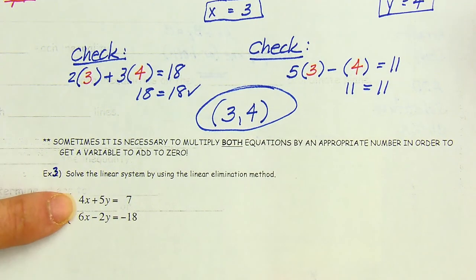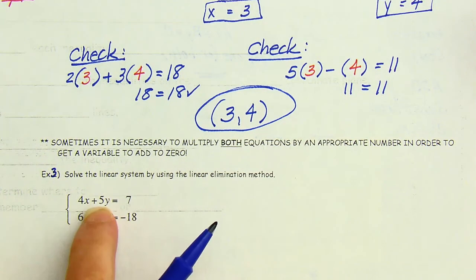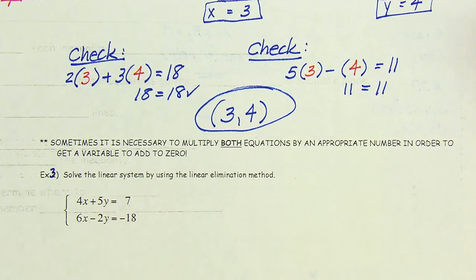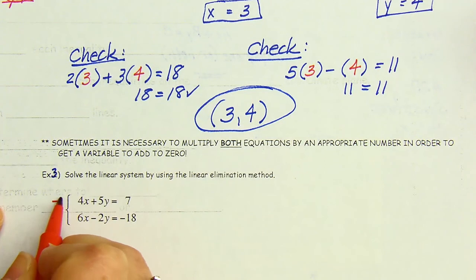What could I make the 4 and the 6 be? Well, I can make them be 12 and negative 12 if I wanted to. How about the 5y and the negative 2y? Well, the signs are opposites already, and it's not that bad to multiply with 5 and 2. So I think I'm going to eliminate the y's